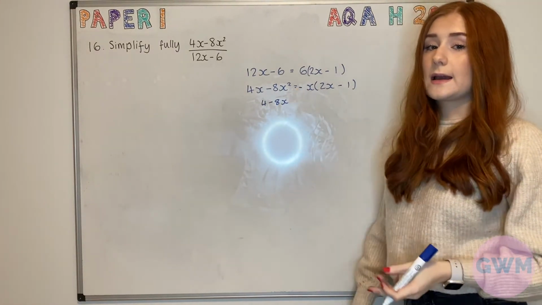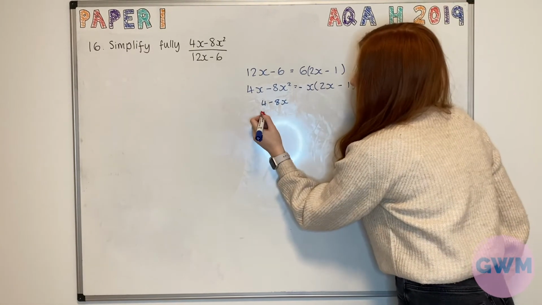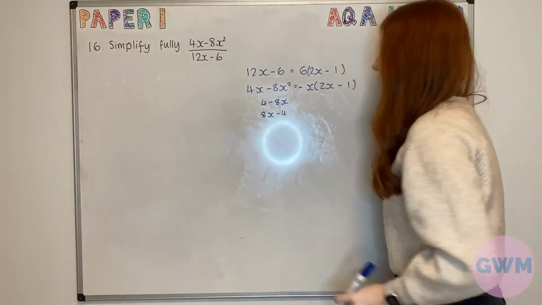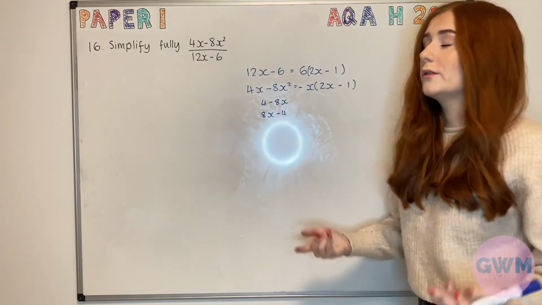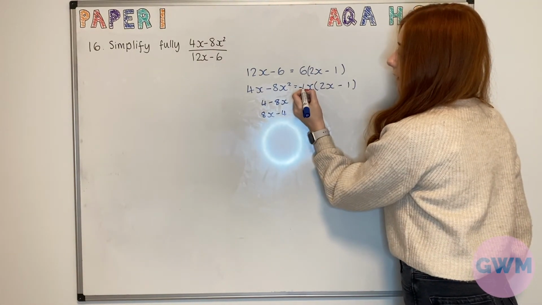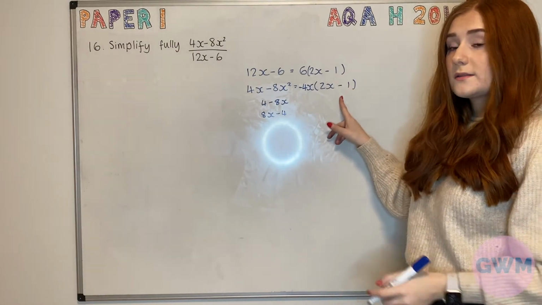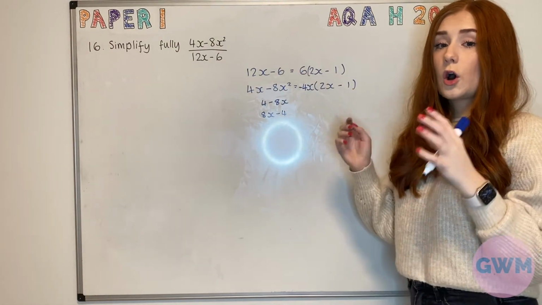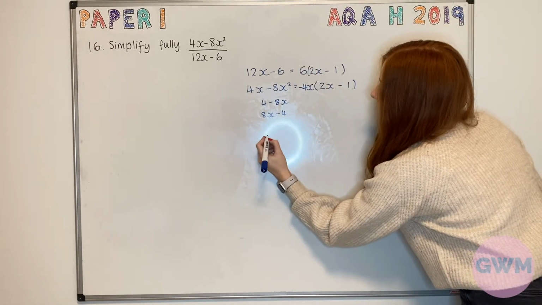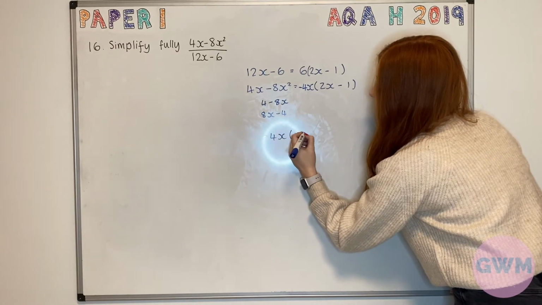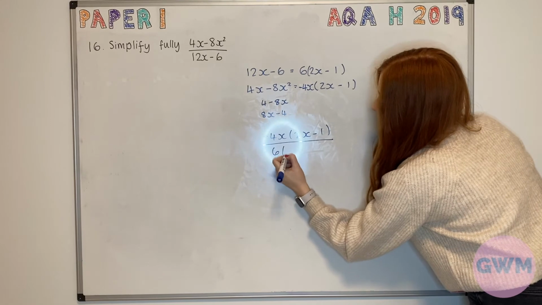So we need this one to be a plus and this one to be a negative. To do that, we can take out a negative, which will swap the signs. So now, with that negative out, we've got 8x minus 4. You'll recognise 4 goes into 8 twice and 4 goes into 4 once, so we can put that 4 there. Now what we're left with is two parts of the fraction with the same shared bracket, so we can cancel them. So let's write it out: minus 4x, (2x minus 1), and that's over the bottom one, which is 6,